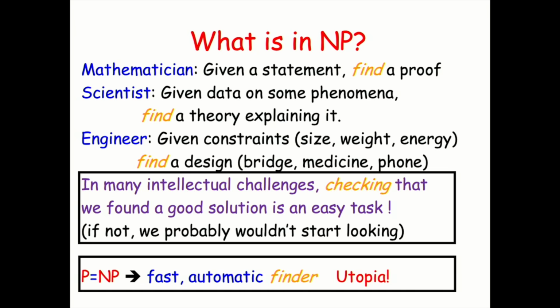And so, in this sense, if P was equal to NP, we'd have an automatic quick answer to any problem like this. It would be sort of utopia, and maybe that's one reason why people believe that P is different than NP. Okay, but I want to go back to math, and first tell you, in just one slide, a very brief history